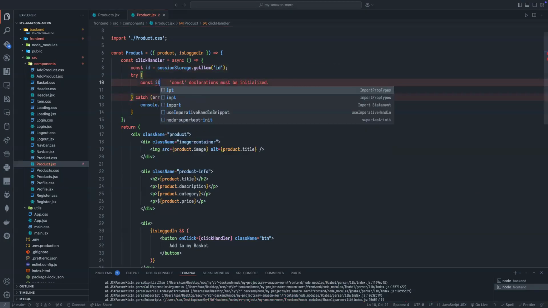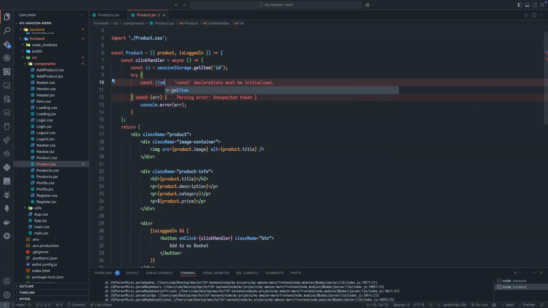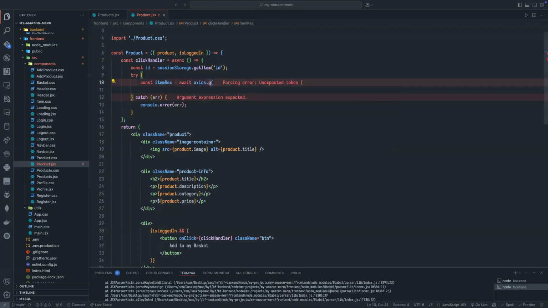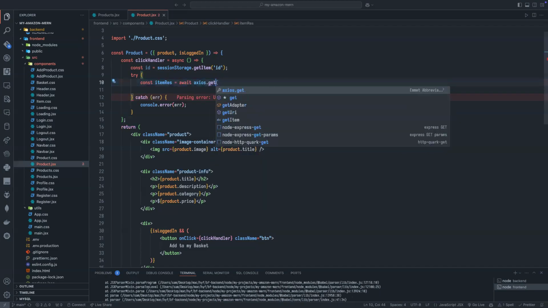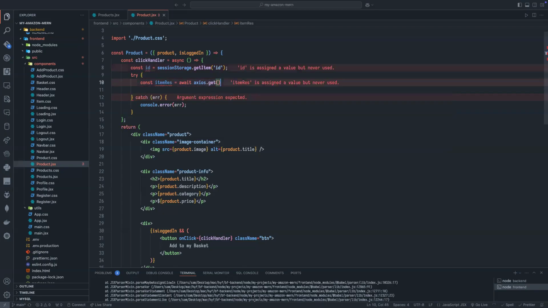Let's name it item. Because I will have different responses, I will name it item res. It's equal to await axios, not dot post but dot get. I don't know what the URL is now, but I need to pass the URL and also import Vite. Yes, but I'm not sure that's correct. It should actually be import